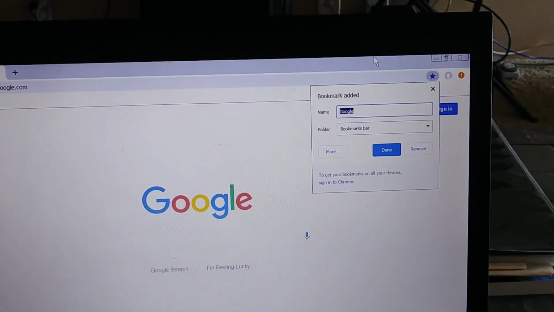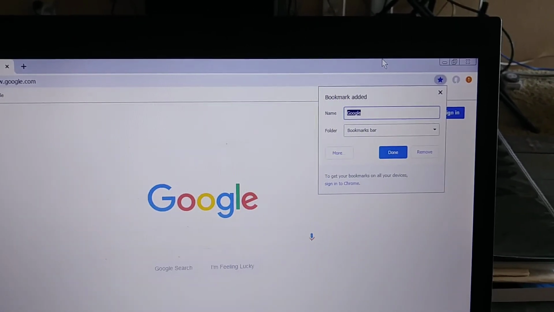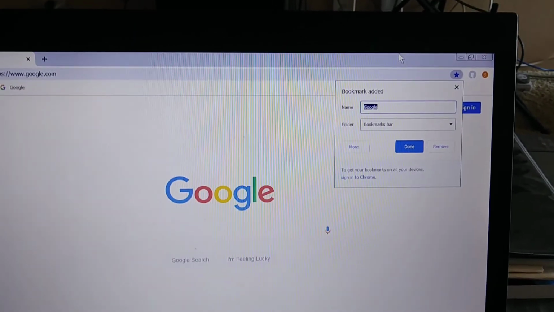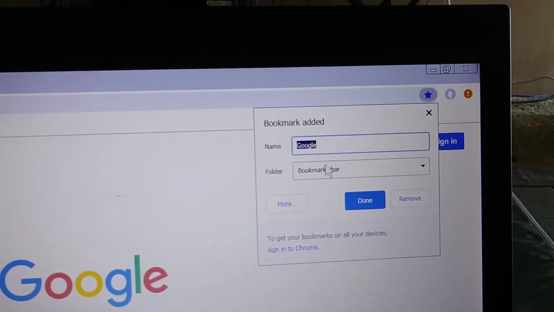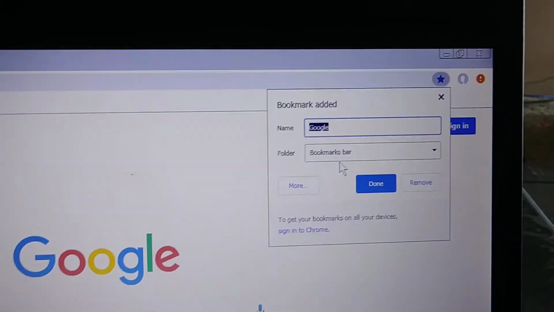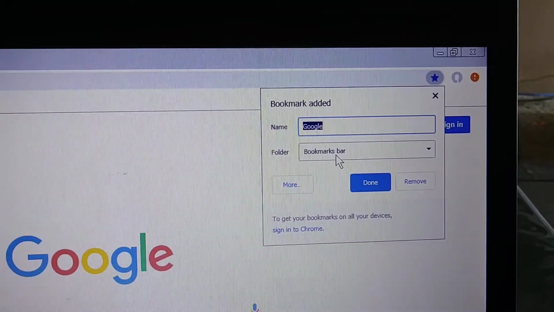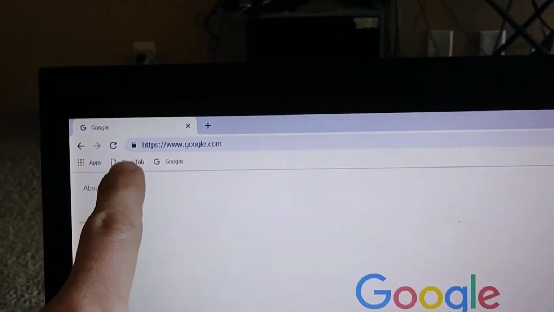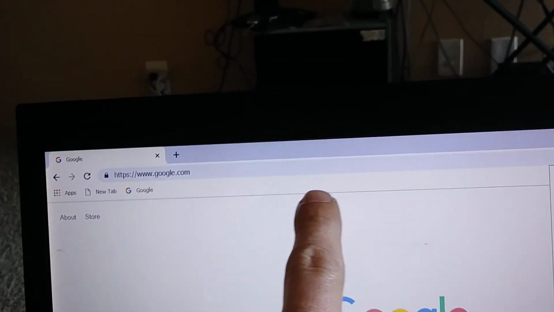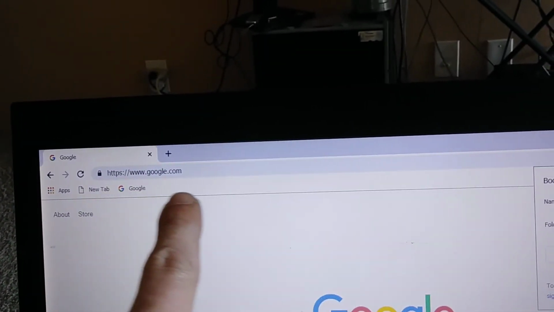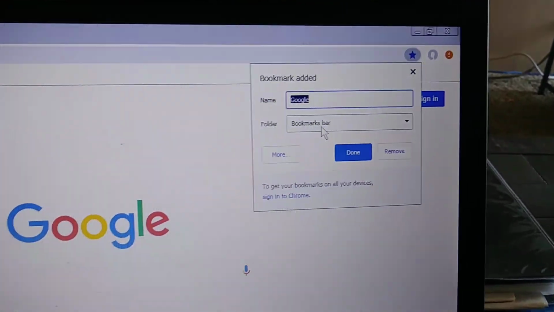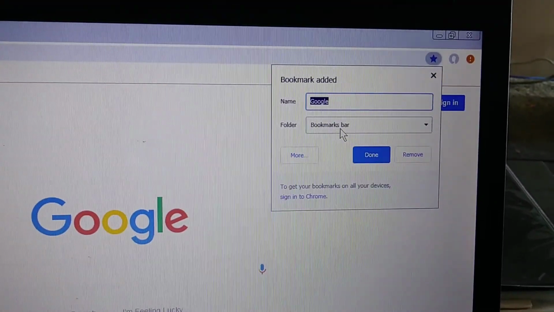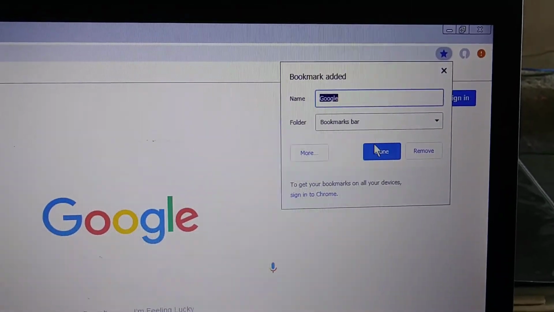Okay, so Chrome says you want to add a bookmark. The name, as you can see here, is Google. The folder, which is the location of the bookmark, I want to be sure that this says Bookmarks bar. That's this area up here, and I'll get to that in a moment. Make sure this is turned on. But back to adding the bookmark, I pressed Control D on the keyboard, and now I'm going to just press